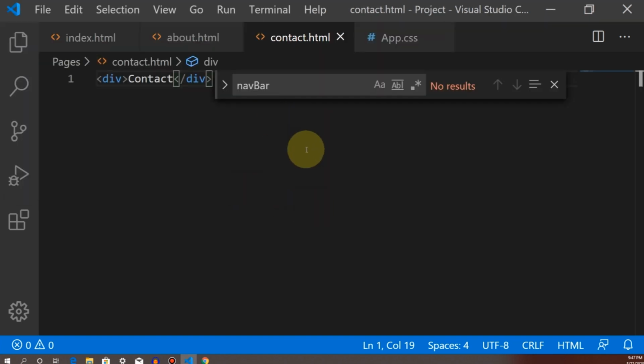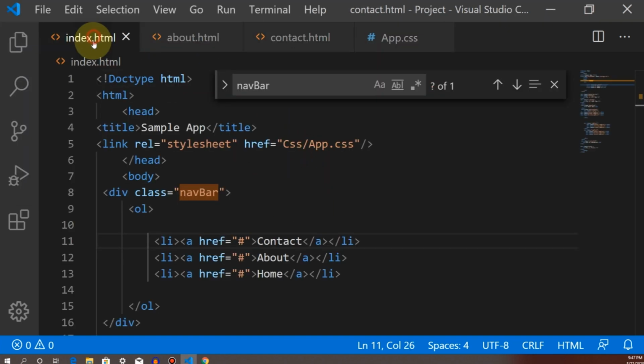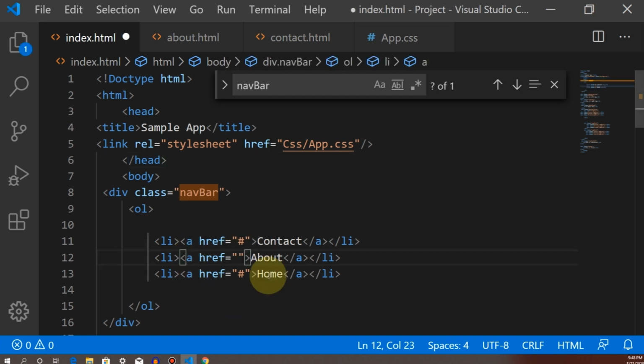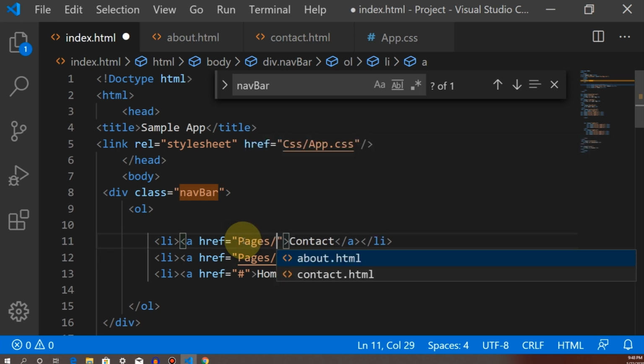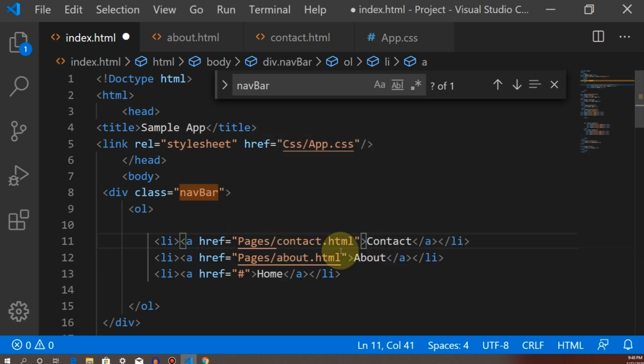Saved it. So now the usage is, when the user clicks on the about link, it will navigate to about.html, which is in the pages folder, pages slash about.html.